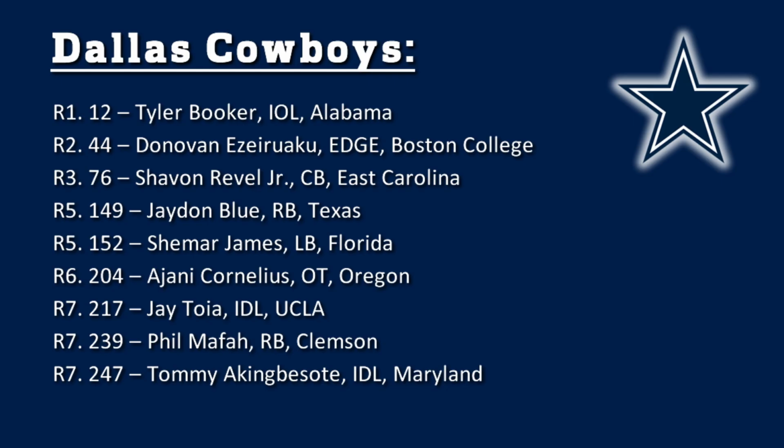Then Donovan Ezeiruaku was one of the most productive pass rushers in the country last season, and rarely ever came off the field for BC. Comes out of his stance low and with his hands ready to strike, actively working off contact, great agility to redirect as he deciphers plays, which is backed up with the athletic testing,